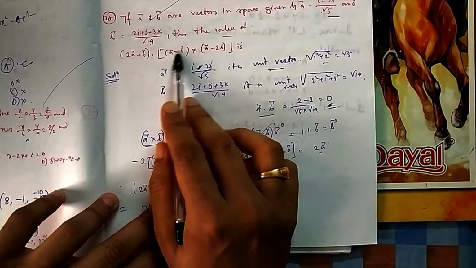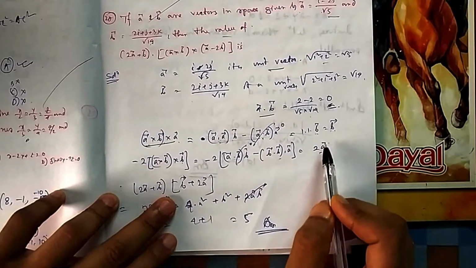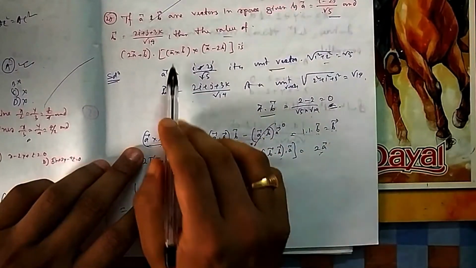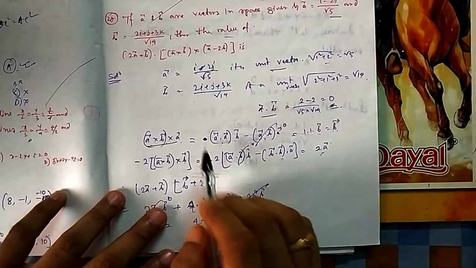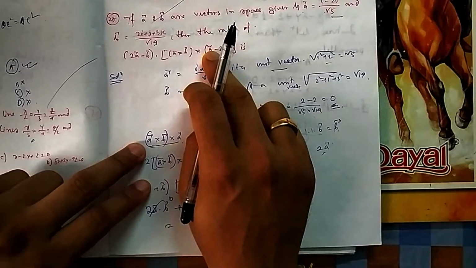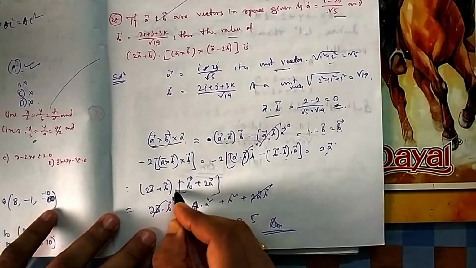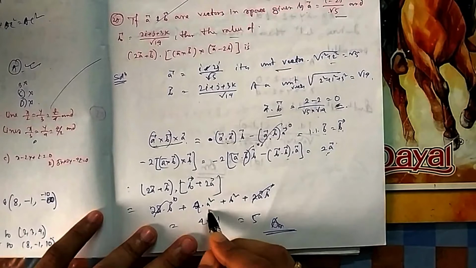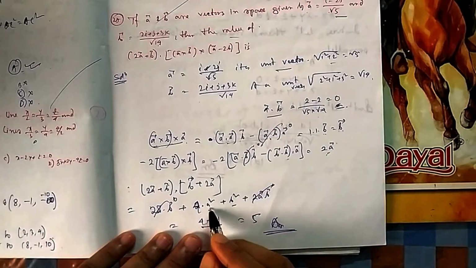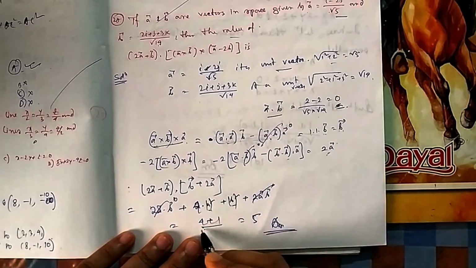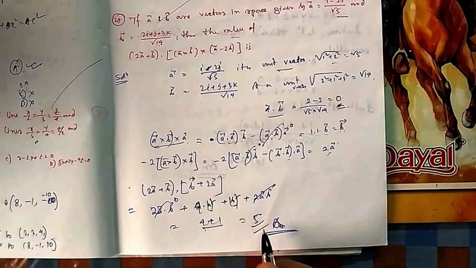So ultimately, the inside of this one will be B plus 2B, because if you open it, you will get it. I am doing it separately, and then finally I am putting it. You can start from here also, no issue. If you put it, then you open it, because it is dot now. Finally you will get A dot A square, B dot B, B square. So A magnitude is 1, B magnitude is 1, that is 5. So that is your answer.